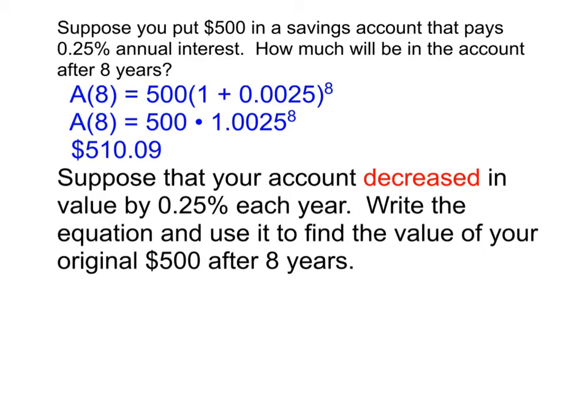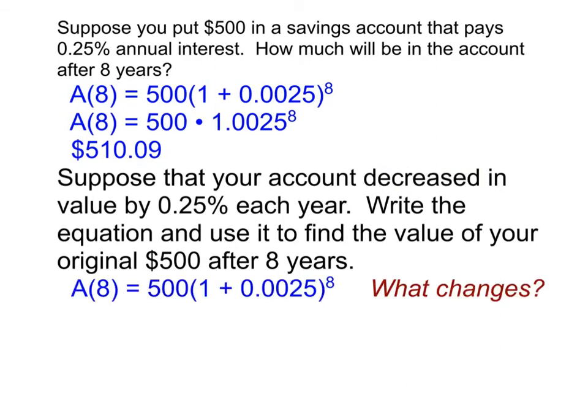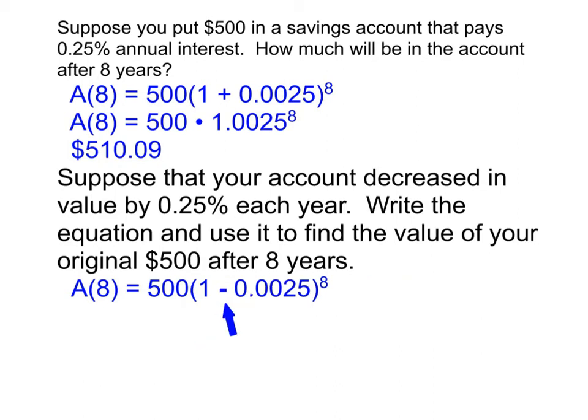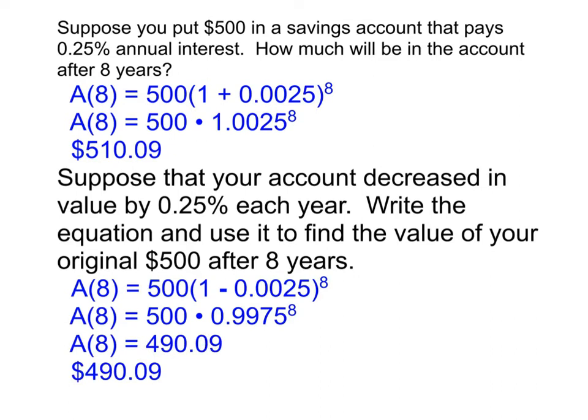What if this account decreased in value by 0.25% each year? Perhaps they're applying some fee to an account or something like that. How would this equation change in this case? Well, instead of adding our rate, we're actually going to have to subtract it, because it means that instead of going up by that amount, we have to go down by it. In other words, it's like a negative rate that we're plugging in there. Now, once we see that that's supposed to be subtraction instead, then we go ahead and do the math like we normally would, following order of operations. And we end up with